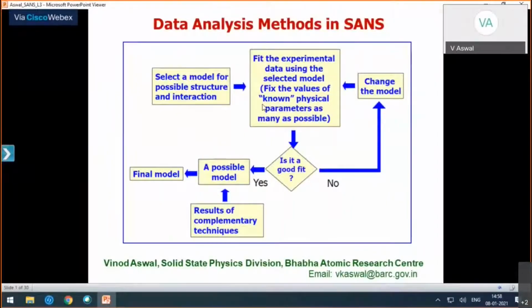Everyone, today's third lecture in the series is on small angle neutron scattering. It's not only that you should do the data analysis correctly, but what is also important is that the data you collect and the data you reduce are also correct. So keeping that in mind,